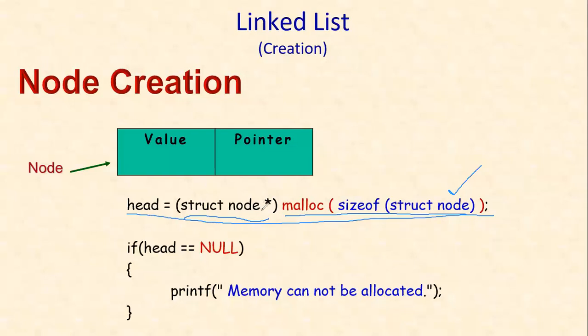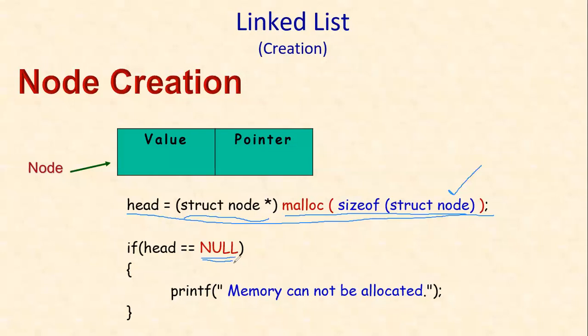If you want to create another node, you have to run this code a second time. You are always required to allocate memory for a new node whenever you want to create a node. Allocating memory is nothing but creating a node. Now what if the required amount of memory is not available in your computer? If memory is available, memory will be allocated by the malloc function. If memory is not available, then malloc will return null. So after creating a node, we always check whether the memory was allocated or not.